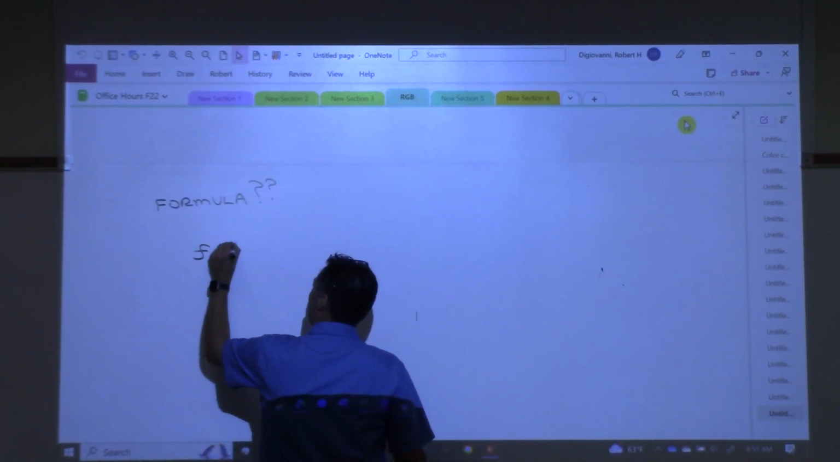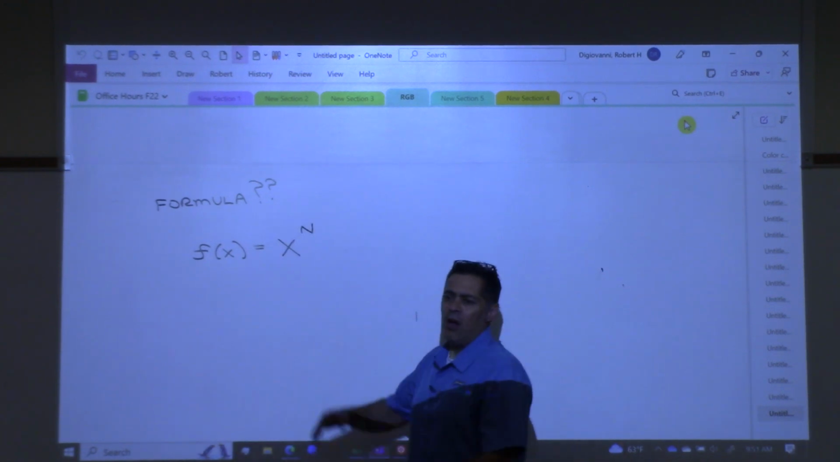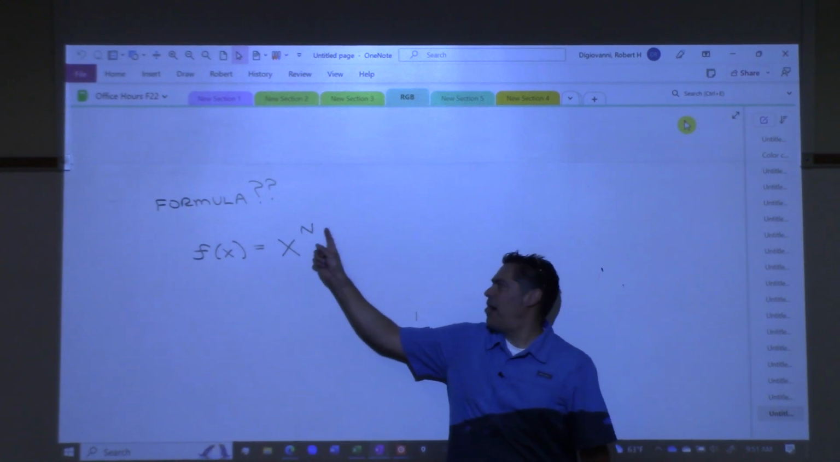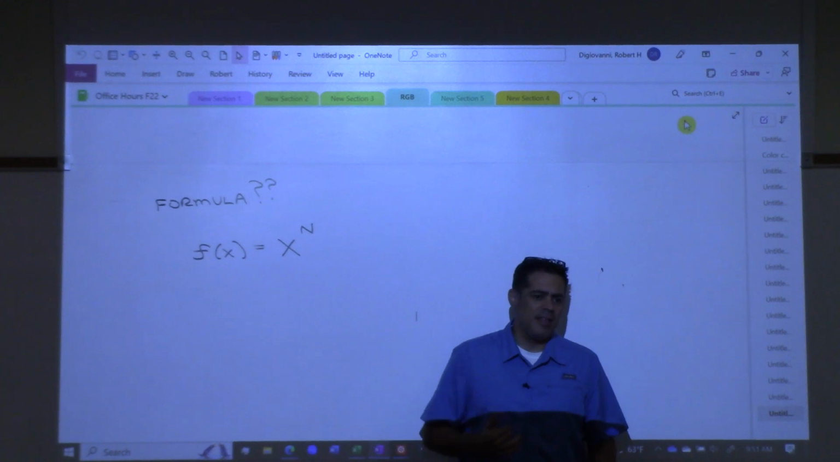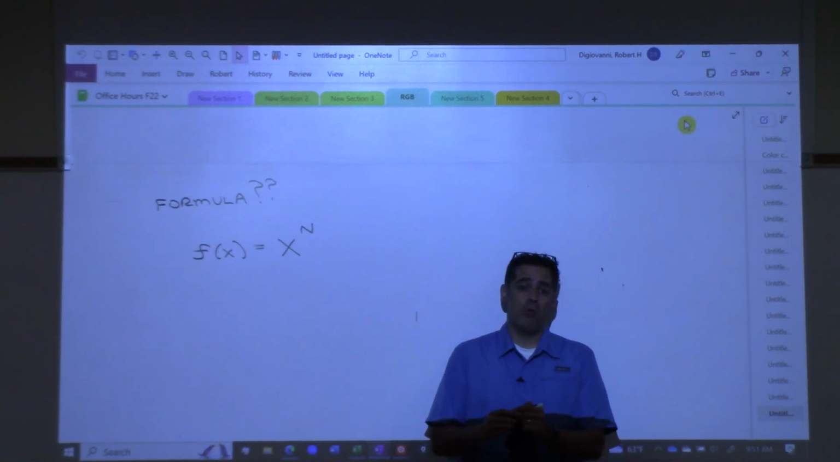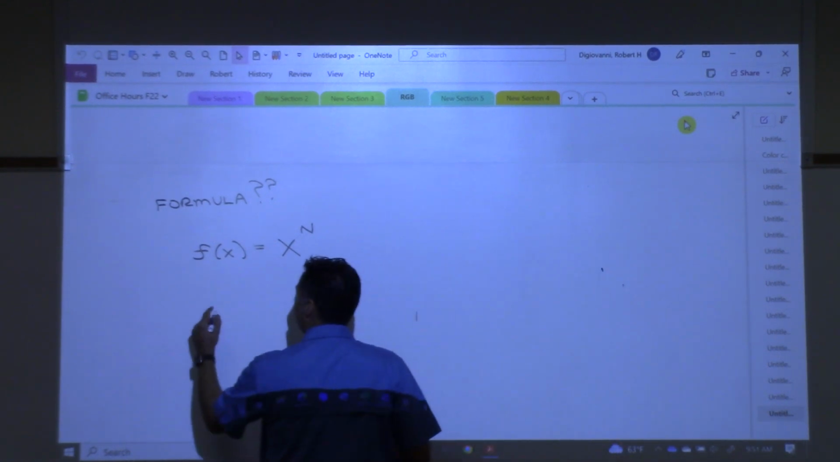If I give you f of x is x to some power n, we already know in Cal 1 how to take the derivative of that, right? Derivative, power comes down, subtract 1. That's Cal 1, that's the power rule. But I'm trying to see, is there a similar rule for antiderivatives that allows you to go backwards, right? So let's see. The capital F of x